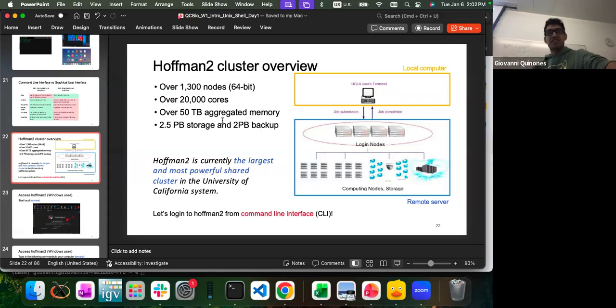If you have a temporary or visiting account on Hoffman, I think you only have like 10 gigabytes to play with. But all of you have your account through your research group, correct? Okay, so I think storage will not be an issue for any of us.